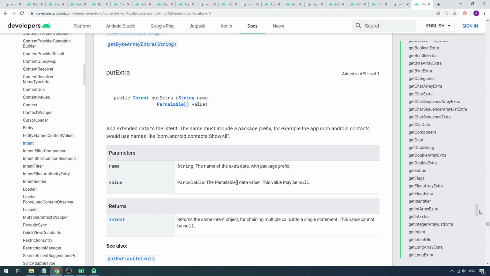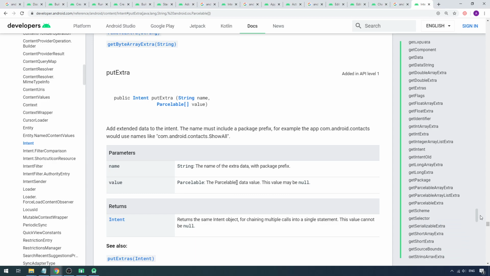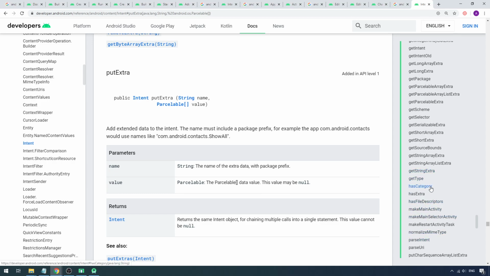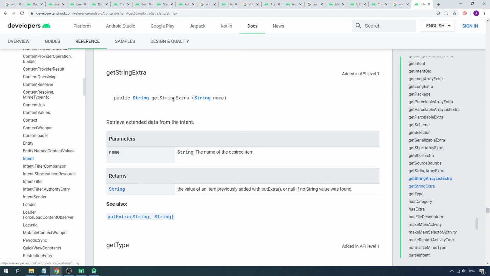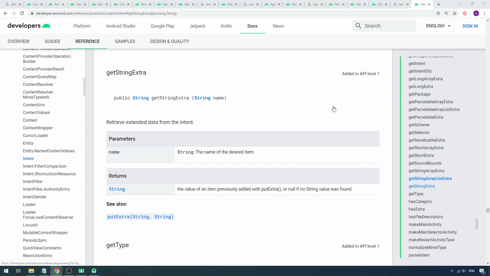See, lots of methods to get the data. So over here, as you can see, the method at the bottom, getStringExtra. This one. So the method getStringExtra is what is called, then you can give the key of what you have put into the intent, which gives you the string. That is why you are passing the key, and clearly, as you saw in the API, it returns a string.